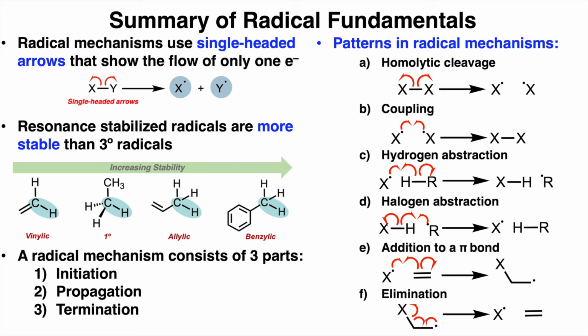So in summary, radical mechanisms use single-headed arrows that show the flow of only one electron. Resonance-stabilized radicals, like allylic and benzylic radicals, are more stable than tertiary radicals. Furthermore, a radical mechanism typically consists of three parts: initiation, propagation, and termination. And there are several patterns in radical mechanisms, including homolytic cleavage, coupling, hydrogen abstraction, halogen abstraction, addition to a pi bond, and lastly,